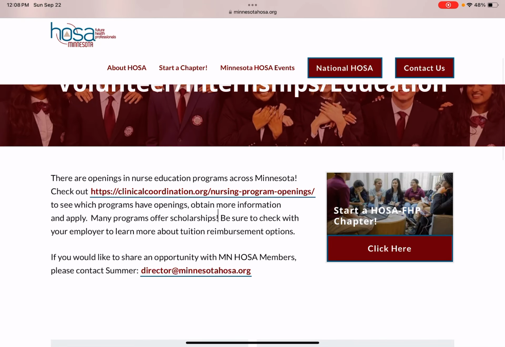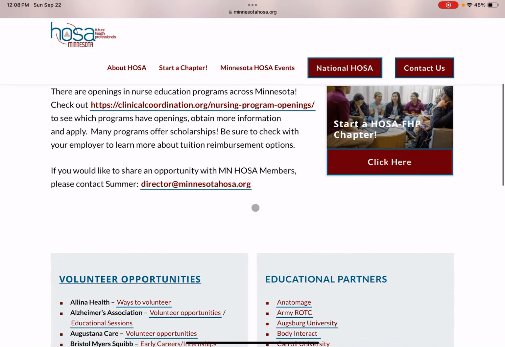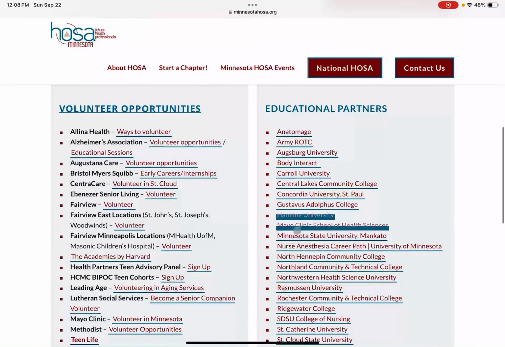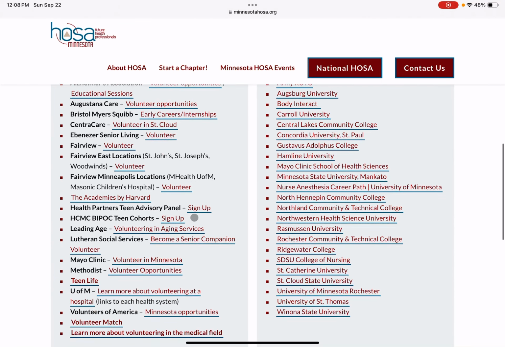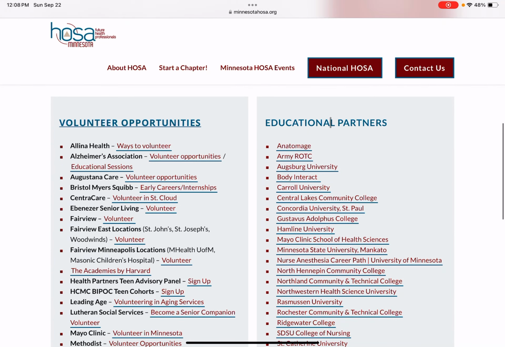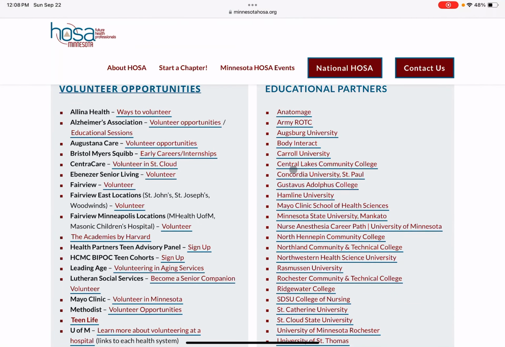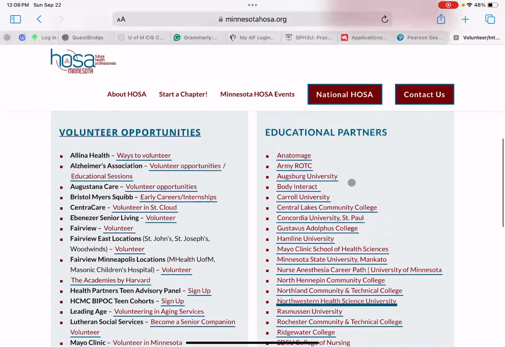Now, this one graciously lists a bunch of volunteer opportunities and possible internships that we could be a part of. Some of these need an application to be accepted. So just make sure you know what you need before you decide to be a part of them. And then we are also shown the educational partners who help make all the conferences happen, which endless props to them. They are amazing.